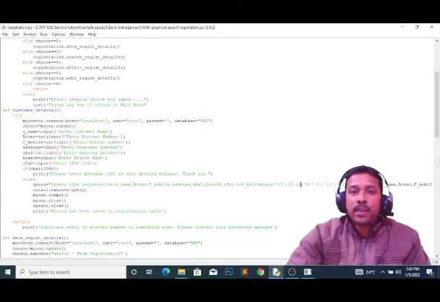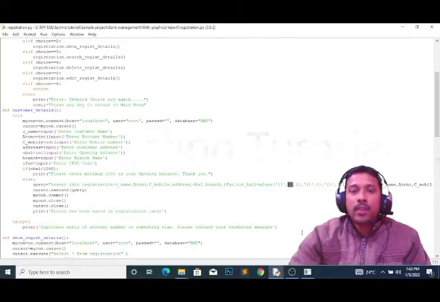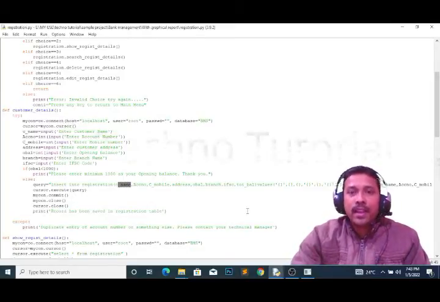These 8 opening curly brackets are there, opening and closing. One more thing you see: I am writing this curly bracket inside single quote, but this curly bracket is not inside single quote. What is the meaning of this? This means if you are sending any character value, any string value from here, then you have to write it inside this single quote.